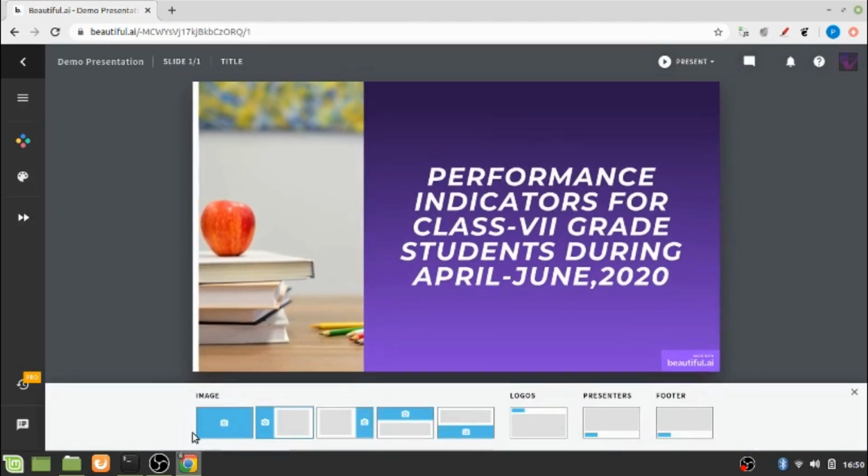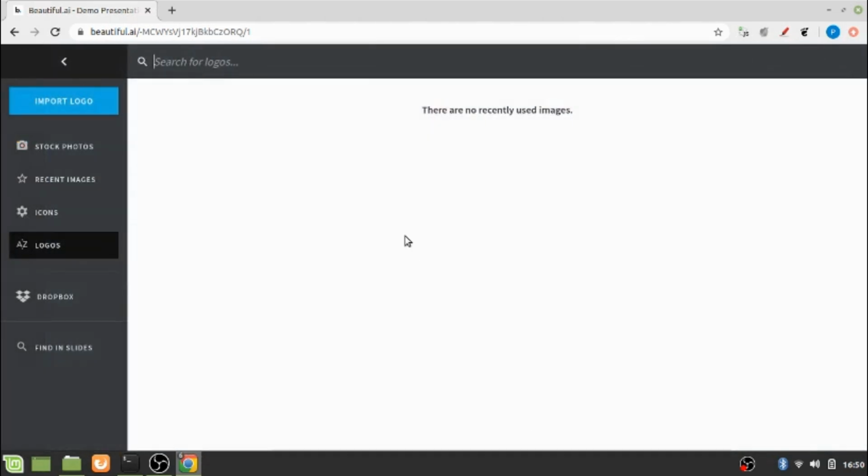Now you can also go for logos. If you have got a particular logo for your organization or company, you can put this logo by going to this option, import logo from your local device, or else you can search for your logo.